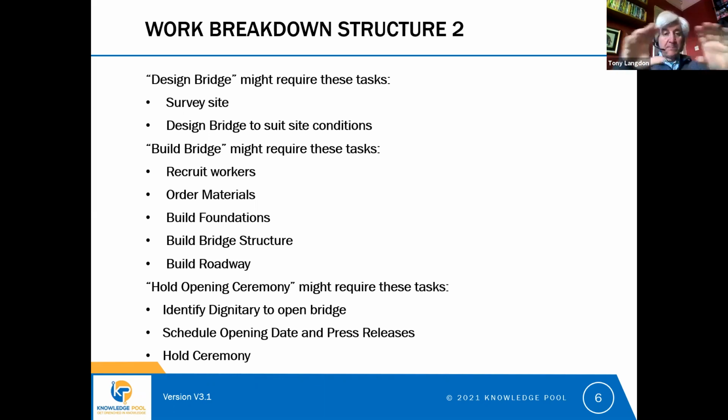So we're taking the build bridge task and we're breaking it down into these smaller tasks so that we can see more detail about the steps that need to be done and the order in which they need to be done, because clearly you're going to need some materials and some workers before you can start building. And there is a natural order to the order in which you would build a bridge. You would start with the foundations, you would build the structure, and then you would build either a railway or a road or a footpath or whatever the